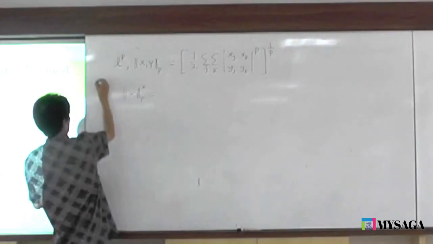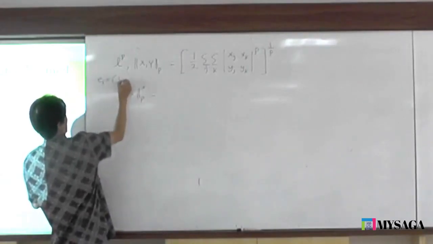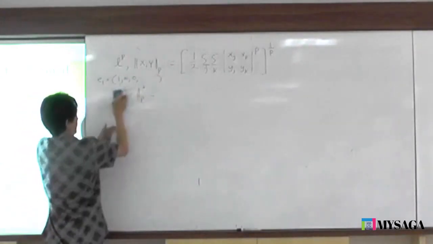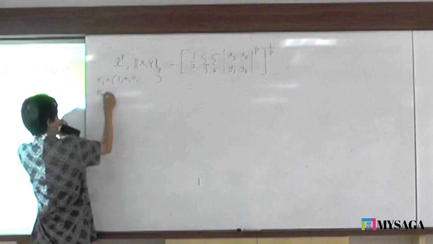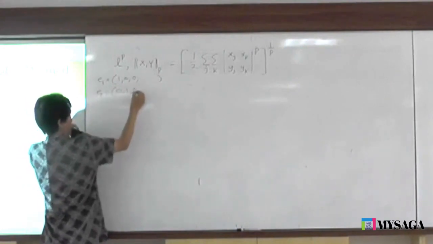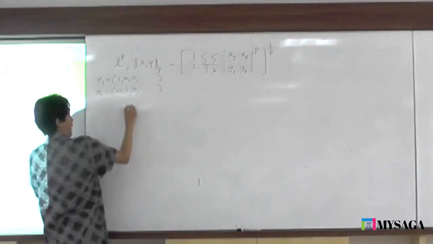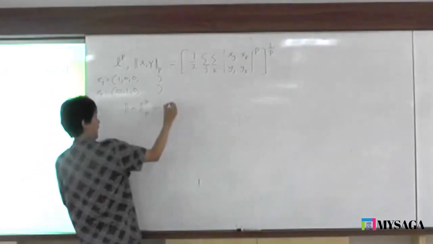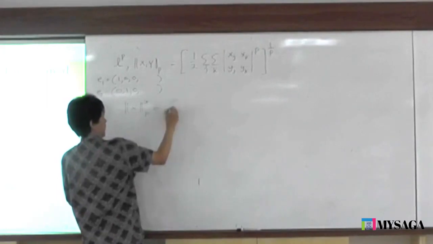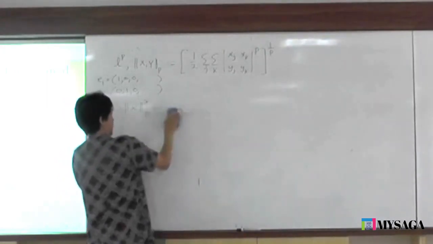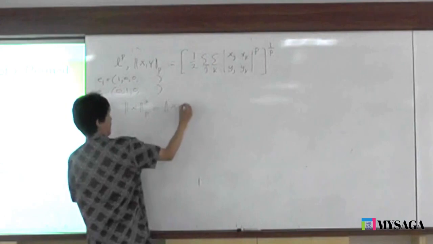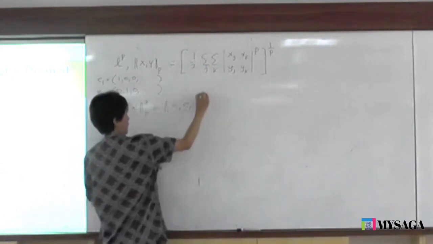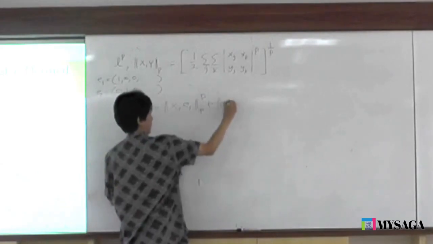So E1 is just 1, 0, 0, and then E2 is just 0, 1, 0. Okay, so I can define this as a summation, because it's only two terms, plus